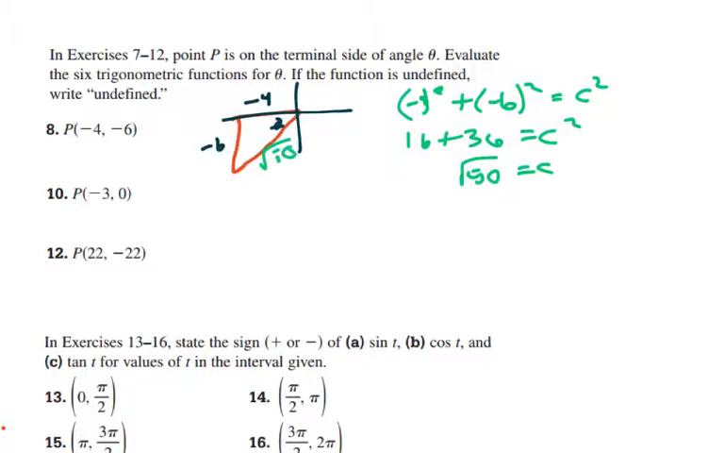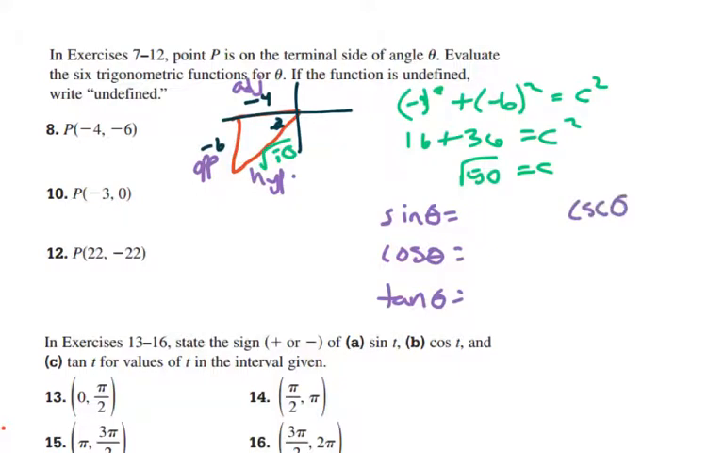And so if we fill in all of our trig identities, we've got sine, which is opposite over hypotenuse, and if this is our angle, opposite is over here, hypotenuse is here, and adjacent is here. So sine, cosine, tangent, cosecant, secant, and cotangent. So sine is going to be opposite negative 6 over hypotenuse, which is square root of 50. Cosine is going to be negative 4 over square root of 50, and tangent is going to be opposite over adjacent, so positive 6 over 4,